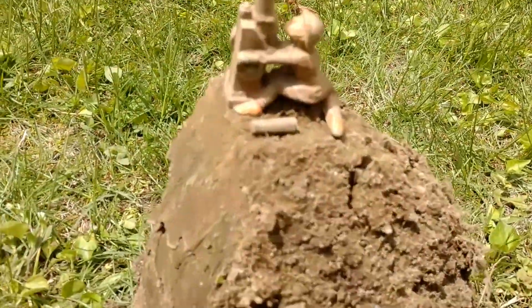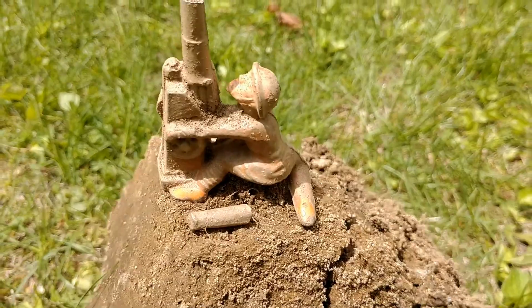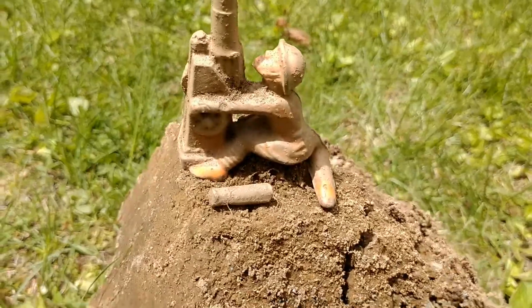So back in the day, before people appreciated just how toxic lead was, they used it for everything. Nowadays we shudder at the thought of lead being in our environment because we know how harmful it is. But there was a time when people would give lead toys to children, and we just dug one up. So this is a beautiful old lead artillery man. There he is. You can see he's a little soldier with a piece of artillery there, and he's aiming it towards